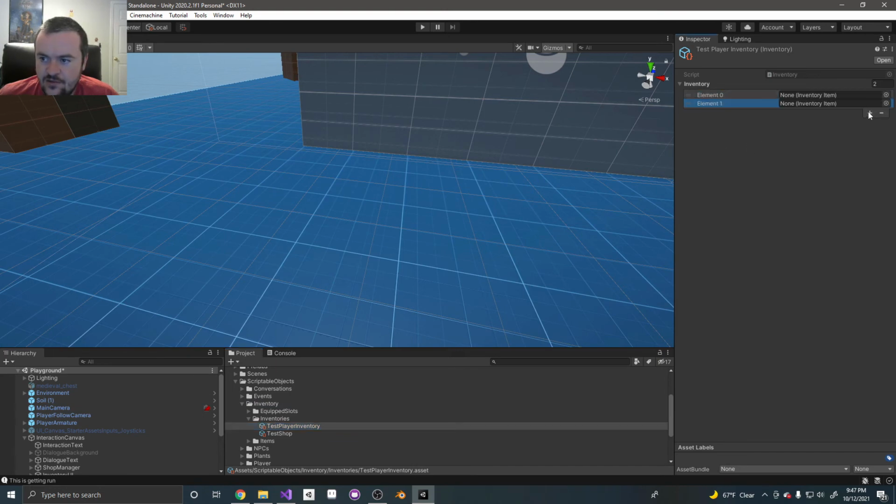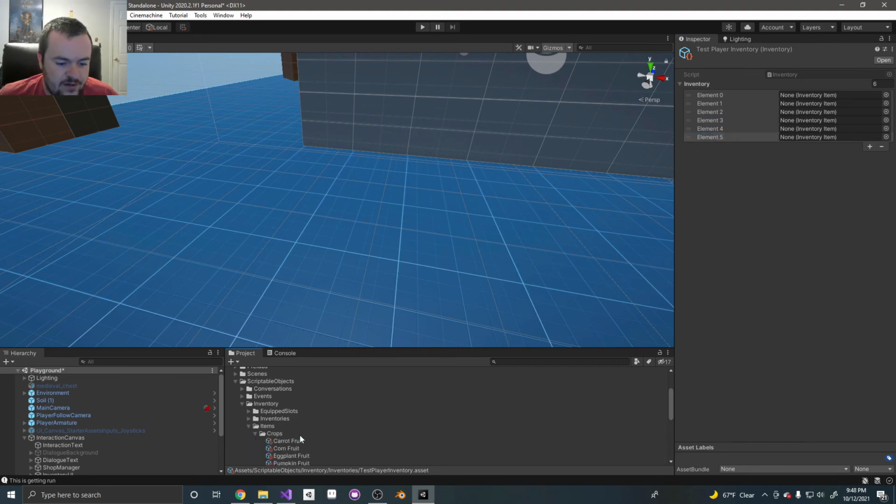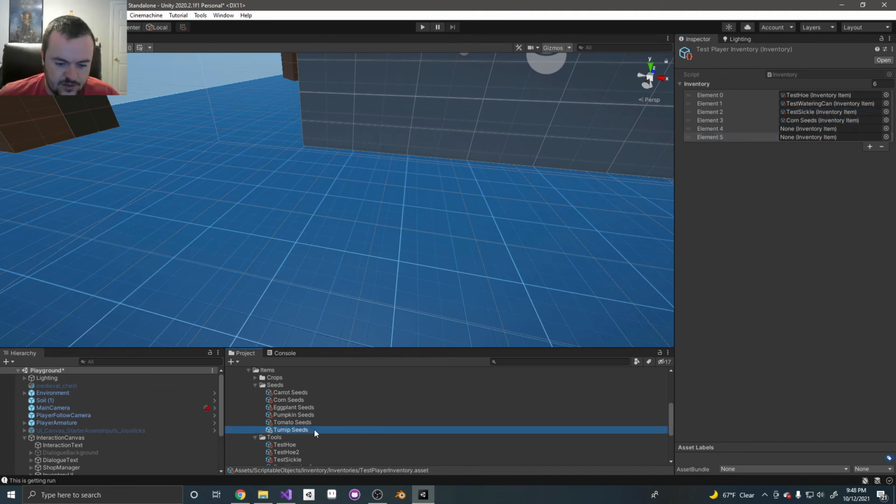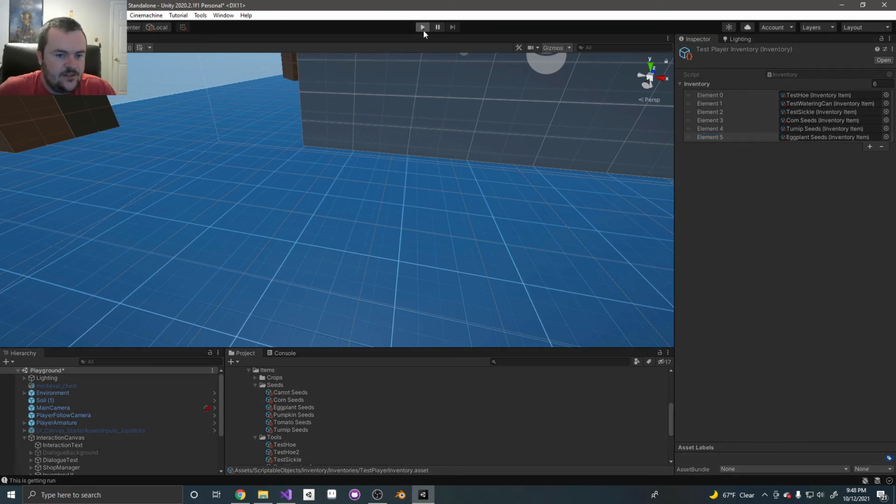Because it's empty from what I was just testing. So let's go ahead and add a few slots to the player inventory. We will go into items. We're going to need some tools. We'll give the test hoe, watering can, sickle, and then we'll take some seeds. We'll do the corn seeds, the turnip seeds, and let's do the eggplant seeds so that way I can show you different growth phases and things like that. So if I hit play,